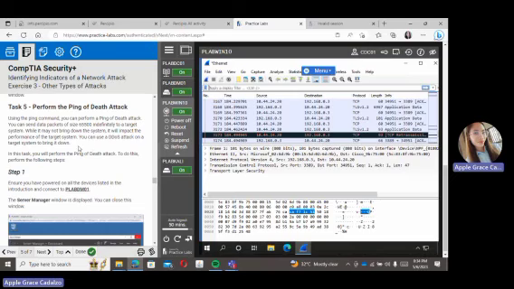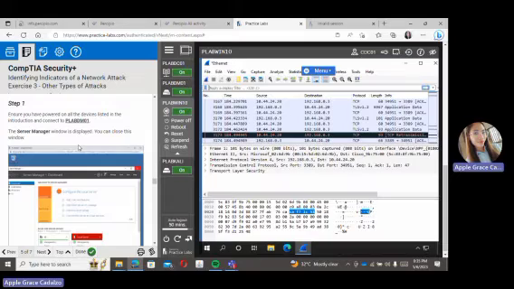Task 5, perform the ping of death attack. Using the ping command, you can perform a ping of death attack. You can send data packets of size 65,500 infinitely to a target system. While it may not bring down the system, it will impact the performance of the target system. You can use a DDoS attack on the target system to bring it down. So step 1, ensure you have powered on all the devices listed in the introduction and connect to